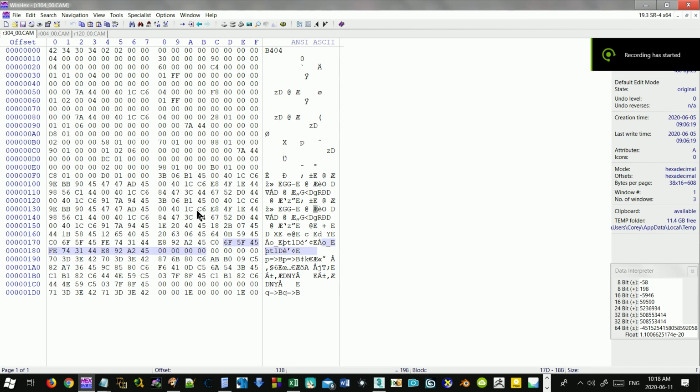Hi there. I'm going to be doing a format walkthrough of the .cam file for Resident Evil 4 Ultimate HD Edition for the PC. I've been working on the file format for a little bit here. A lot is still unknown, unfortunately, which is sad. I think a lot of it has to do with just us going into the game and tampering with some file numbers in the file until we can actually understand all the meanings that they have,